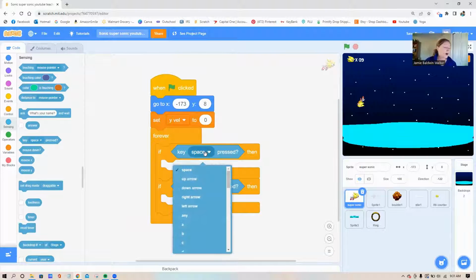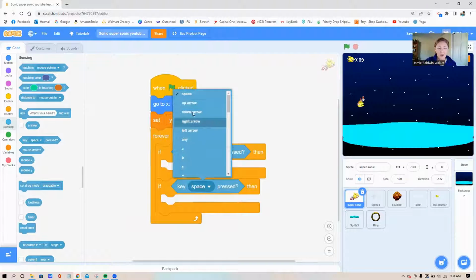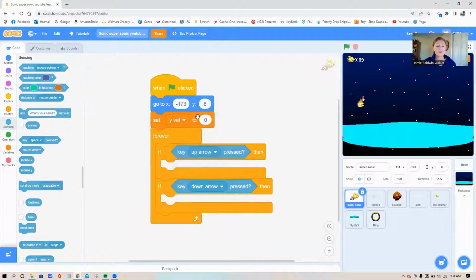Now let's go ahead and do our, not left and right arrows. Today we'll be using our up and down arrows. So let's set that top turquoise block to our up arrow and our bottom turquoise block to our down arrow. Okay,